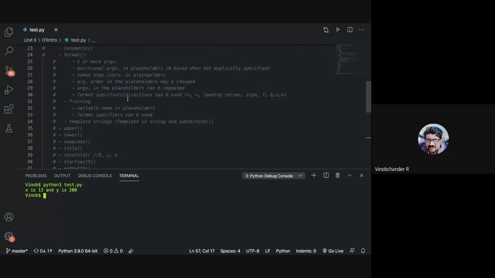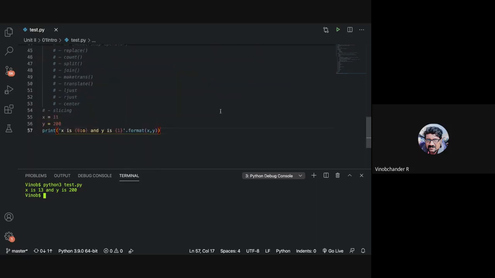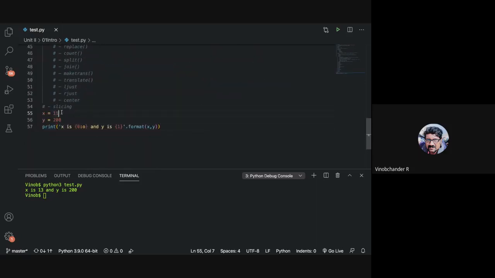So that is this point. Format specifiers can also be used for left justification, right justification, leading zero, sign, right? F, b, o, x, we have seen. What is f, guys? f also we have already seen in the previous discussion. What is that? Hexadecimal f? F string, sir.